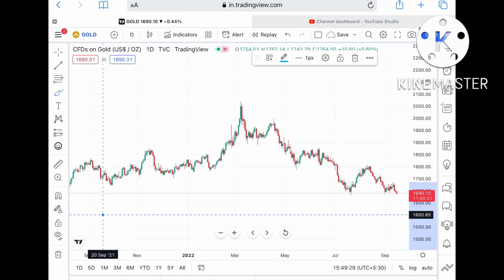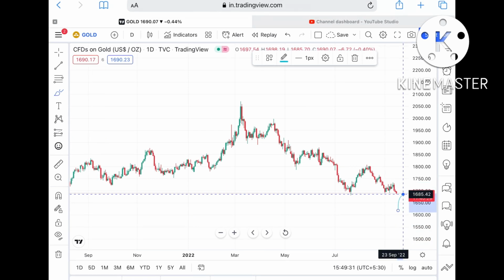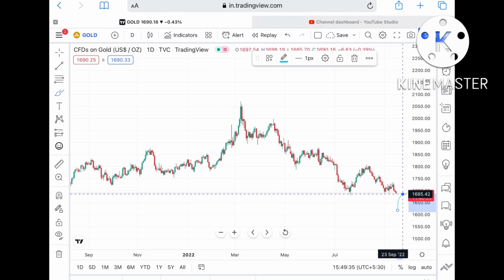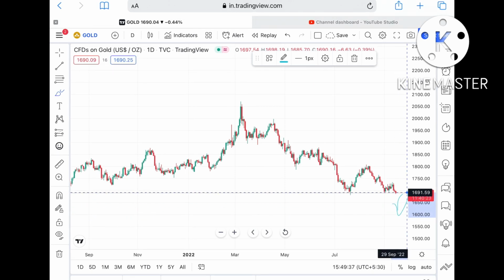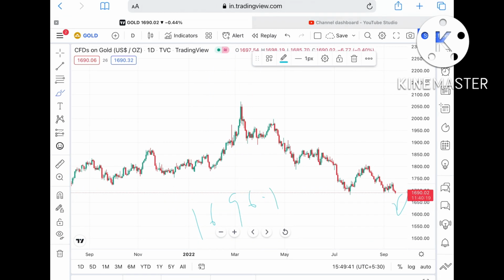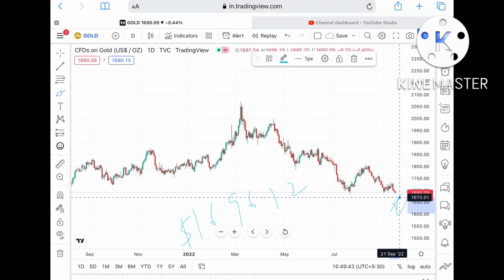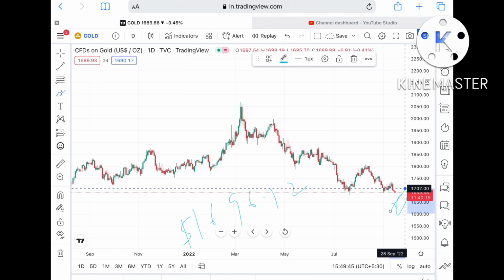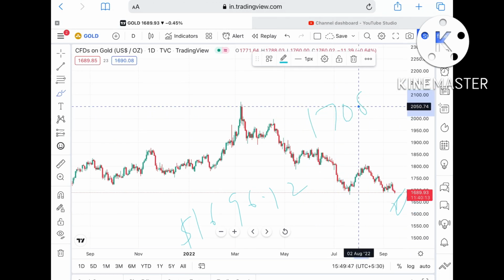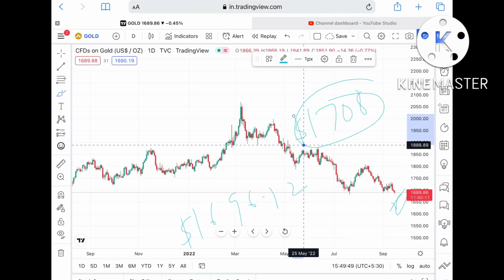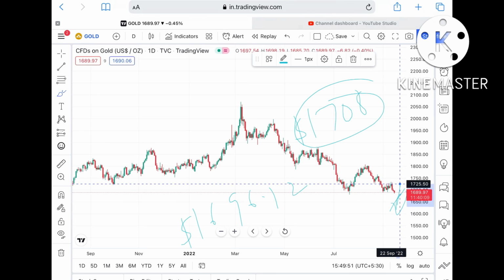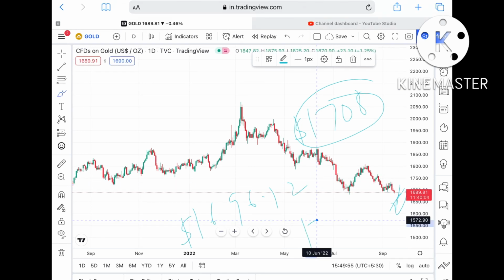Suppose the price sustains this particular level, or if this support stands, that means if support forms a swing at this particular level, we can see it can move further upside and touch a level of $1696.12. And if that level goes upside, then we can see it go further high towards a level of $1708. And suppose the price moves above that level, then there is a higher probability that we can move further upside to